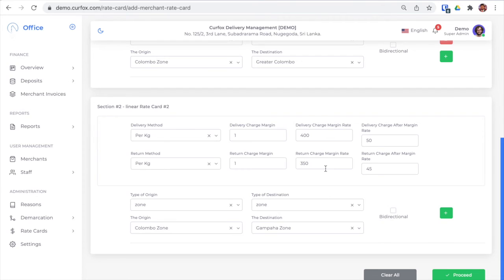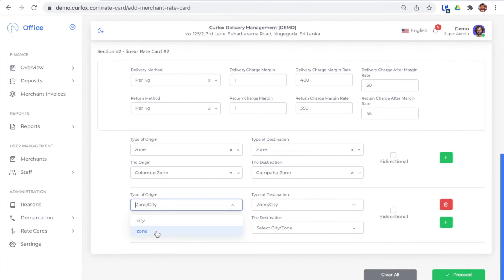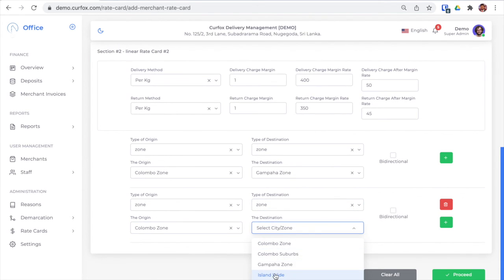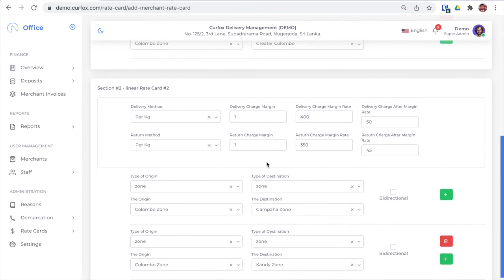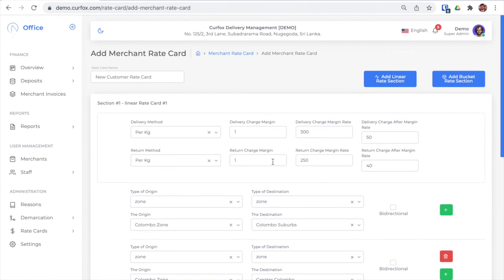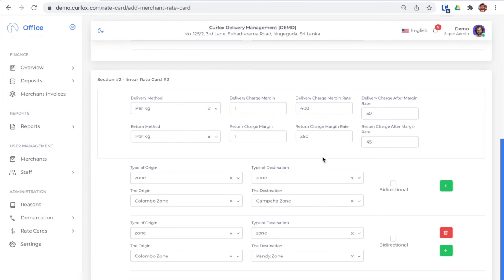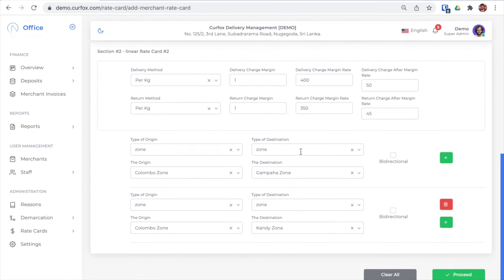As we showed in the above section, if there is another zone which is applicable with the same rates, you can go to the new section here, put the origin zone and select another zone for the same rate. Likewise, you can click and add multiple sections here to create your rate card for per kilo orders.